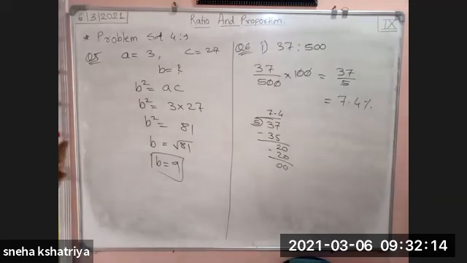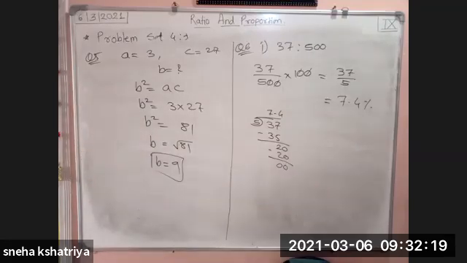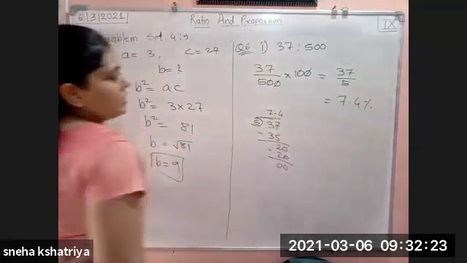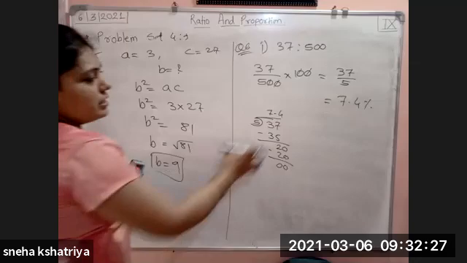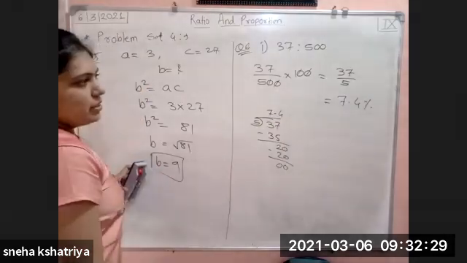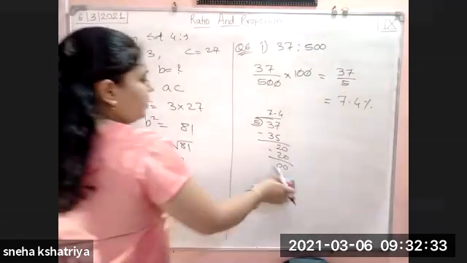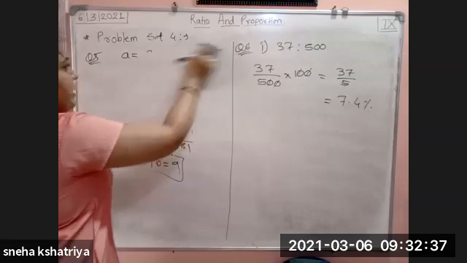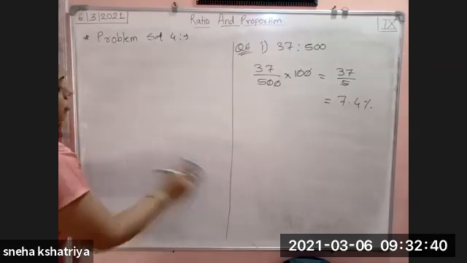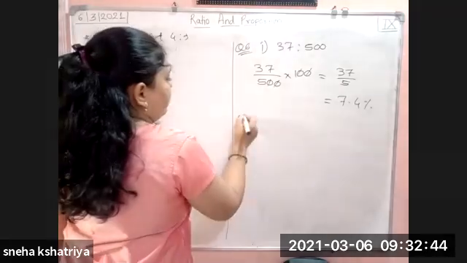Very easy it is. Whatever the ratio is given, just multiply by 100 and solve, and you will get the answer. And if this kind of division is there, you can see that the answer will come in point. Just solve by the proper method of division, and whatever the answer is, write it there. Because many times after the point there is a big number, so it is better to solve by proper division.